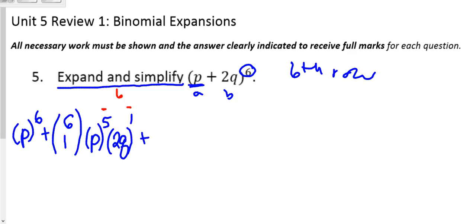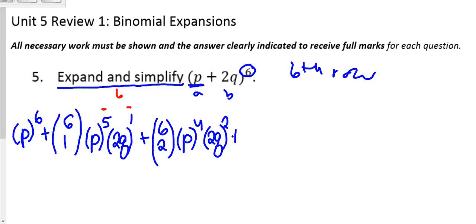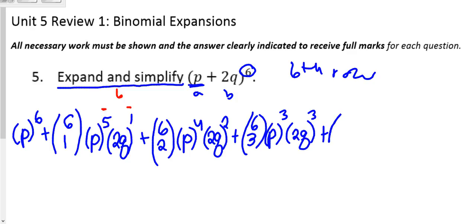We will have plus, and we will count up for each binomial coefficient. So we will have 6 choose 2. P this time, we'll have 6, 5, 4, P to the 4th. And 2q will be squared now. Plus 6 choose 3. Now we have P to the 3rd because we're counting down and we're counting up on 2q. So it's going to be 2q to the 3rd plus,